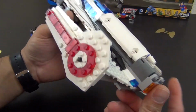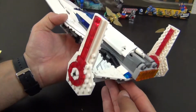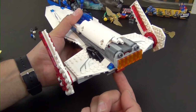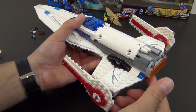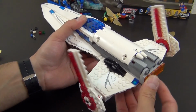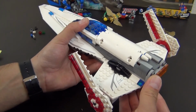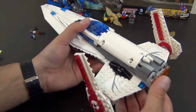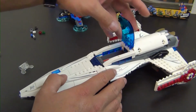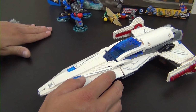And then, let's see, under here, we have this little lever that when you pull down, you can see the wings kind of go in the upward position, and then when you push it back up, the wings go in the forward position. It only rotates 90 degrees max. You can kind of find any angle in between you want, and it kind of stays there pretty nicely. And then obviously we have the driver's compartment. So that completes the build of the